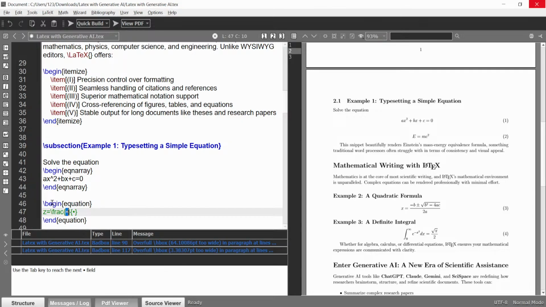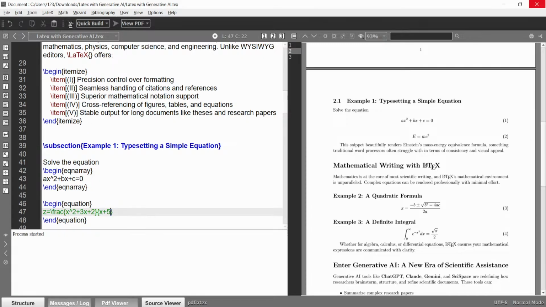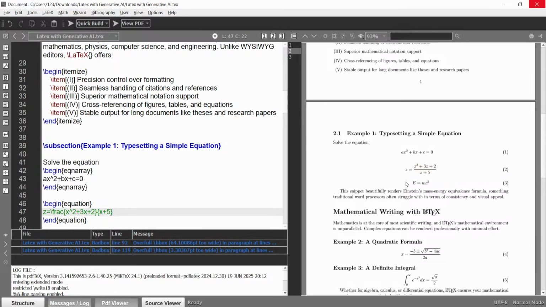So frac will insert the fractional form. I am taking here x square plus 3x plus 2, and in the denominator I have x plus 5. When I build, you can see, yes, we have it in the fraction form.